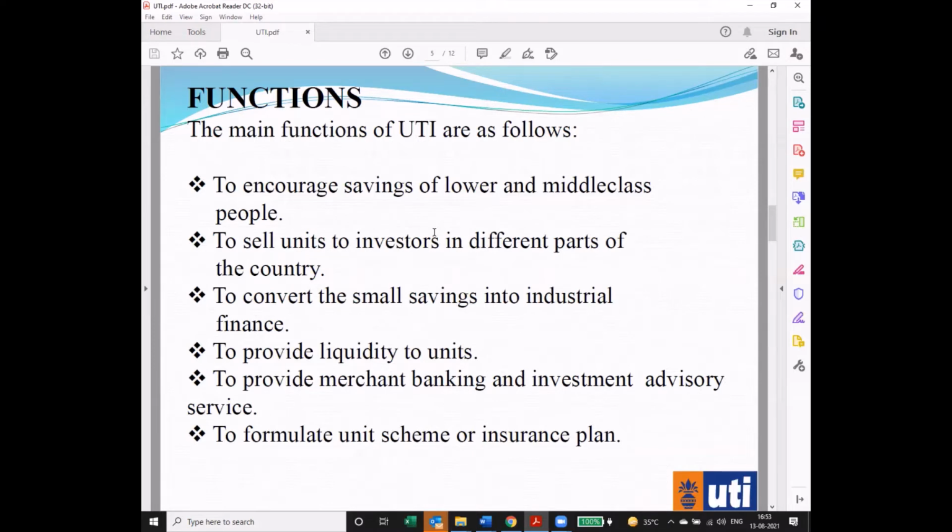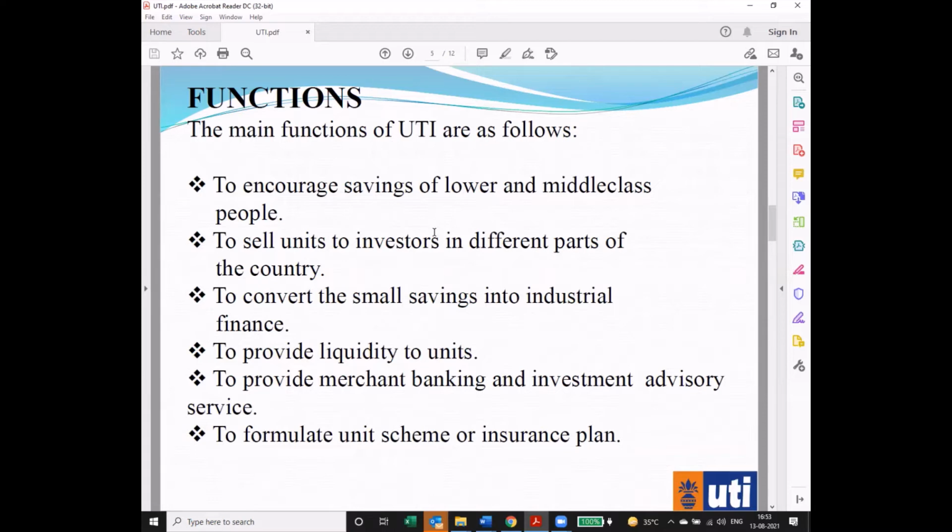To provide merchant banking and investment advisory service. Also, it was very, very important along with the creation and selling of units. UTI also had advisors. They had a financial and investment advisory function to tell people whether to invest or not, how much to invest or not, right? What are the good units where you can invest, which are going to X type of companies or X type of industries. These kind of industries would continue to generate revenue. These kind of companies would continue to flourish in the market. And then, your units will also flourish and you will get good prices for those units.